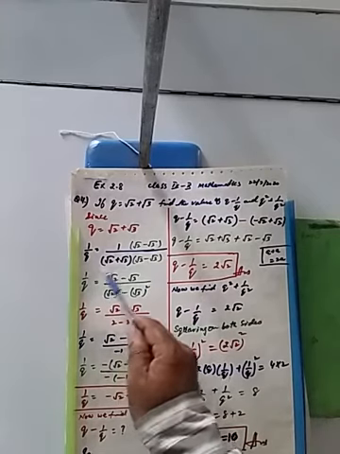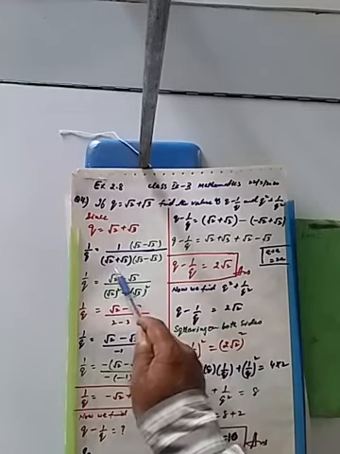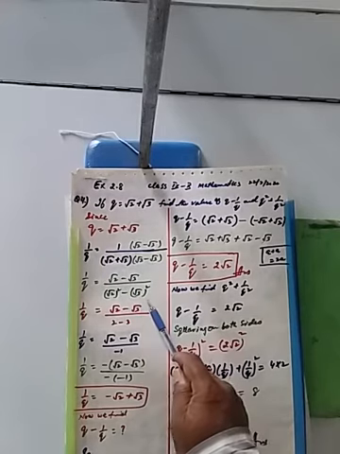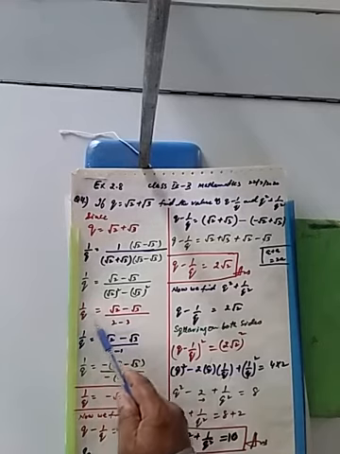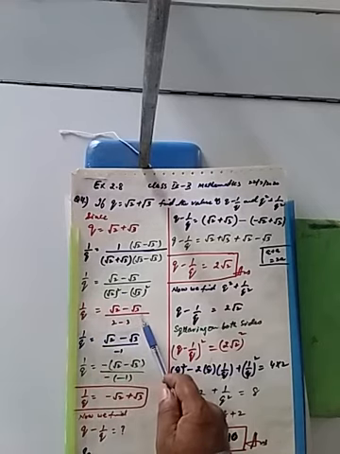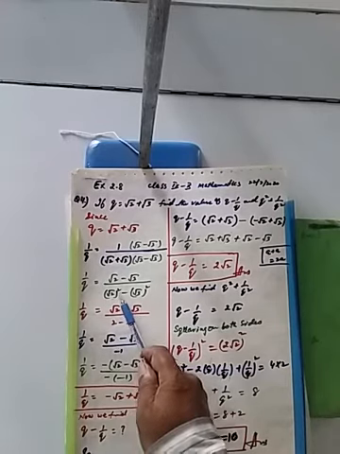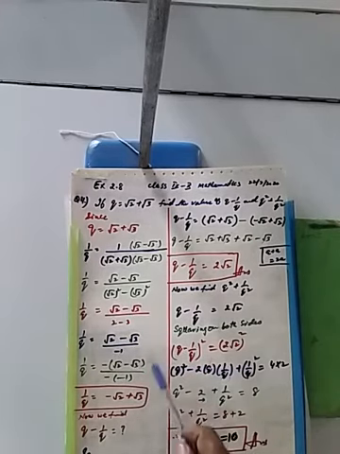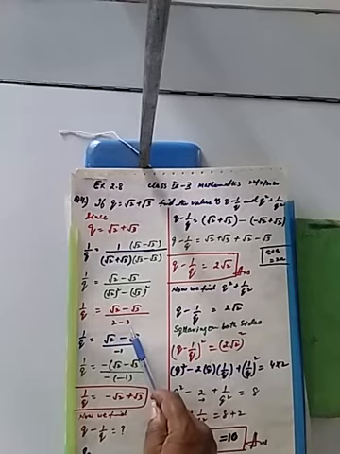So that is equal to 1 multiplied by √2 − √3. Here apply the difference of two squares: (√2)² minus (√3)². So 1/q is equal to (√2 − √3) over... In the denominator, (√2)² is equal to 2 and (√3)² is equal to 3. If you subtract, 1/q is equal to (√2 − √3) divided by 2 − 3.